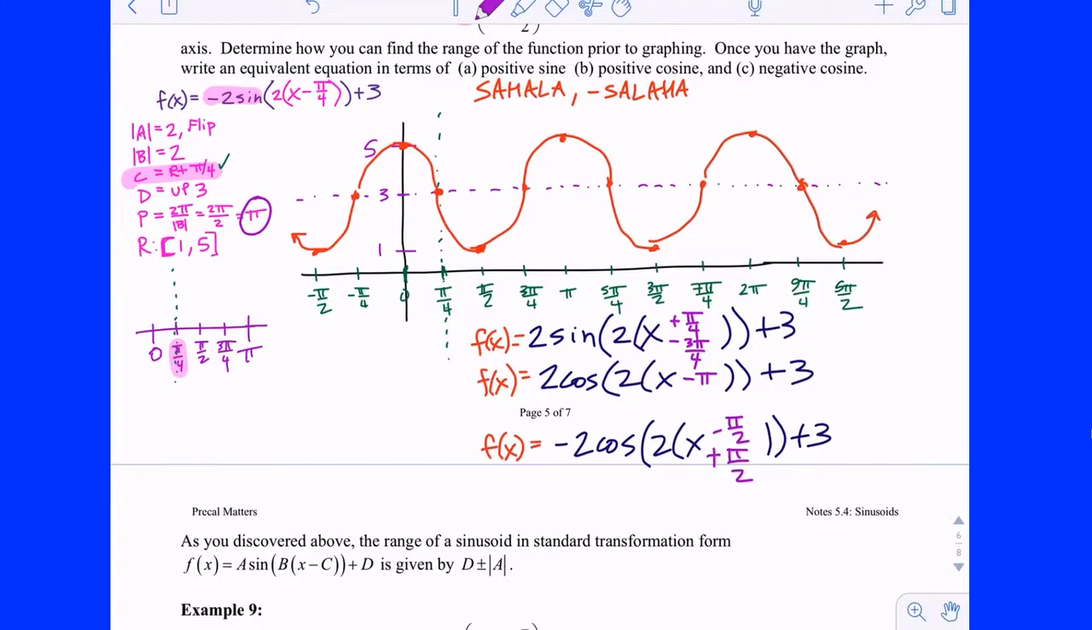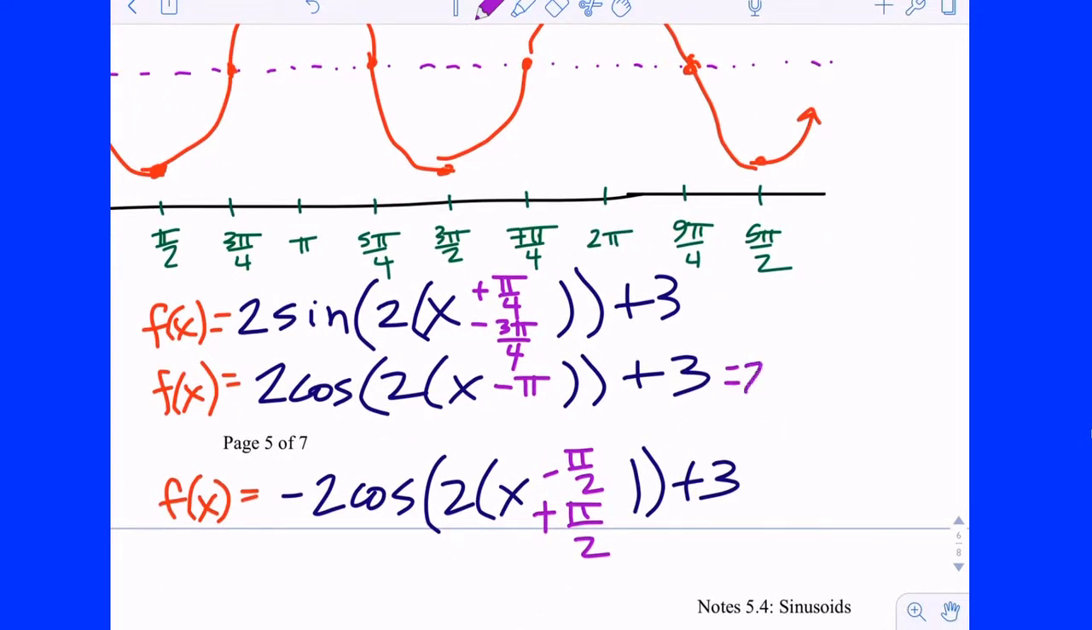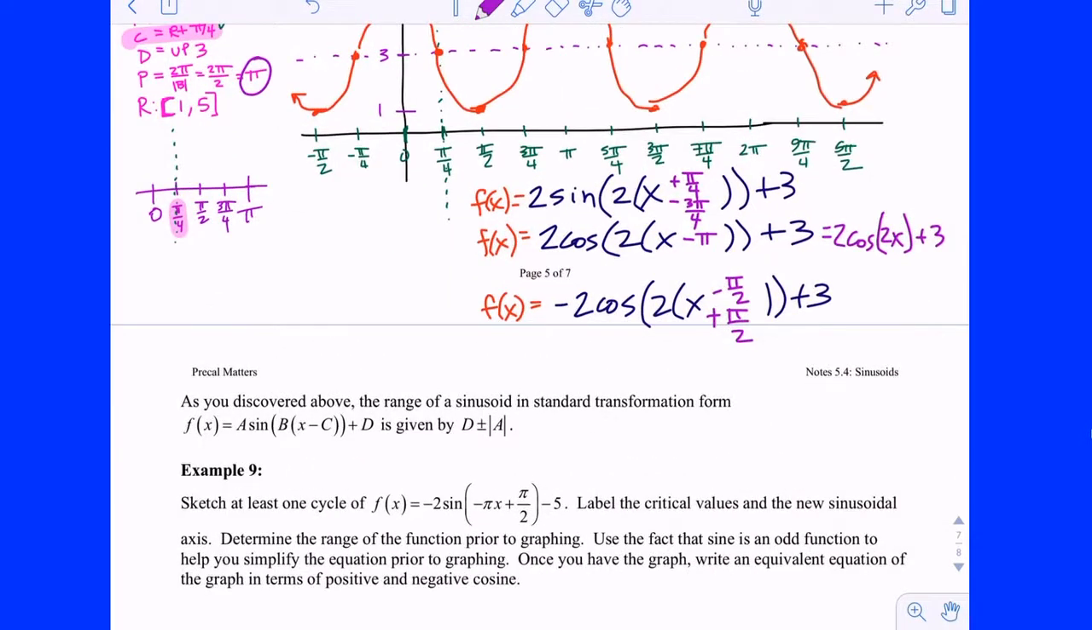Okay, any questions on that one? Absolutely, yeah. We would probably clean it up. 2 cosine of 2x plus 3. You wouldn't need a phase shift. Mm-hmm. All right, let's,